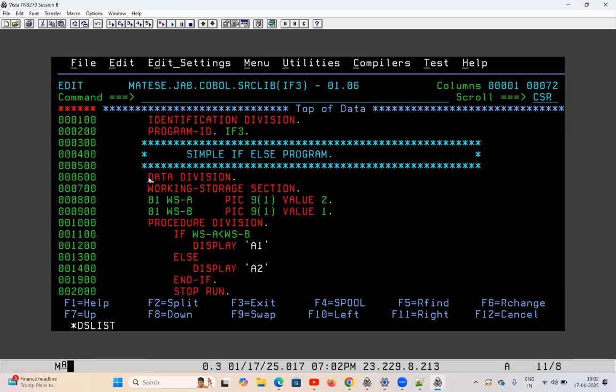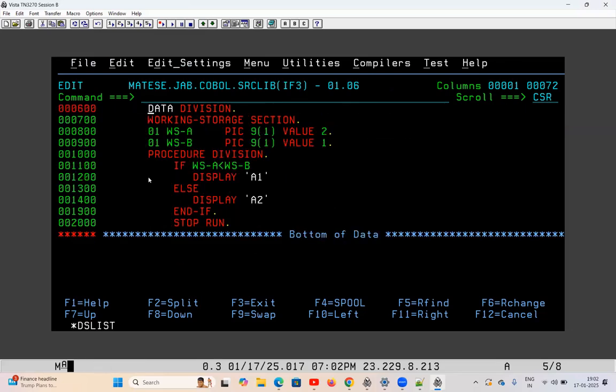So, basic if-else logic. If you want to study, it's a very easy one. I have taken two variables, WSA and WSB. The value of WSA is 2, the value of WSB is 1. I have written if WSA, this is the less than sign, this is the greater than sign, this is the equal sign, and this is the not equal sign. For not equal, you have to write less than, greater than,